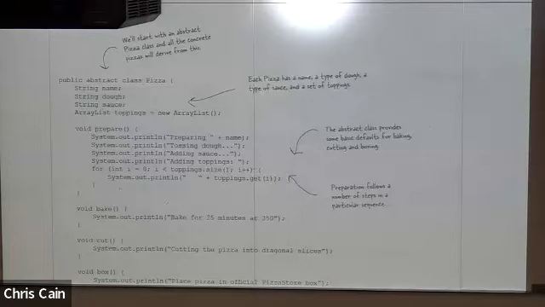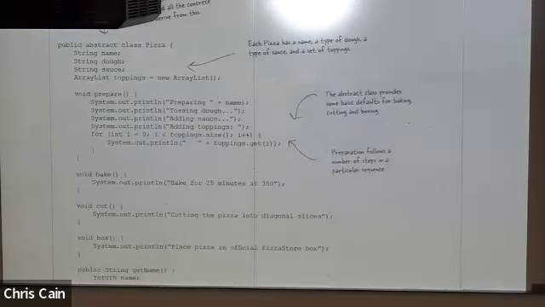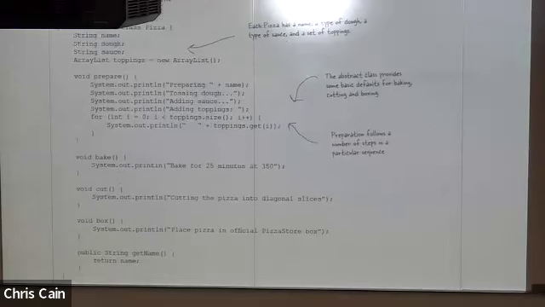But all pizzas have a name, a particular name of the pizza, like cheese. A type of dough, a type of sauce, a list of toppings. All pizzas have these things, so we can define them in the abstract superclass. The prepare method is also always going to be the same. We prepare whatever the name happens to be. We can toss the dough, add the sauce, add the toppings, and then eventually bake the pizza,